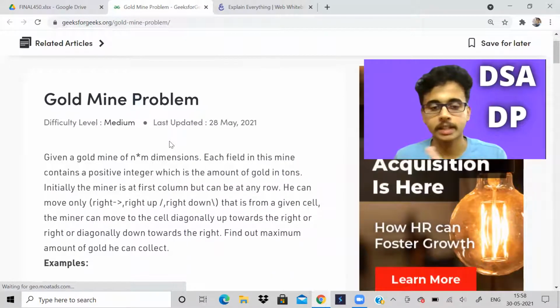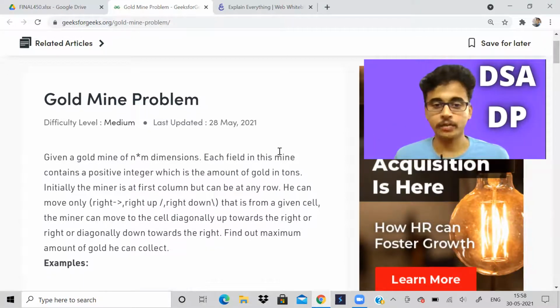We will completely see the algorithm, and I'll also show you the coding part. So given a gold mine, it is basically a matrix of size n cross m, and each field in this mine has a positive integer which shows the amount of gold.